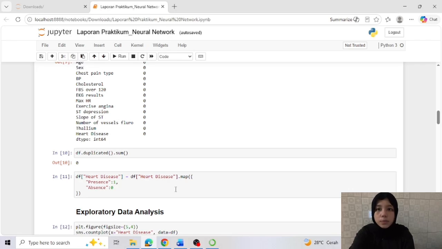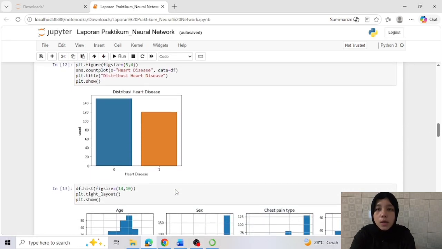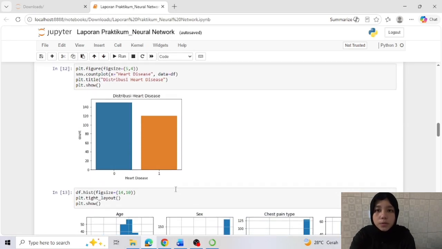Next, exploratory data analysis. I performed exploratory data analysis or EDA. First, I display the distribution of the target class using a count plot. The graph shows that the number of patients with and without heart disease is relatively balanced.